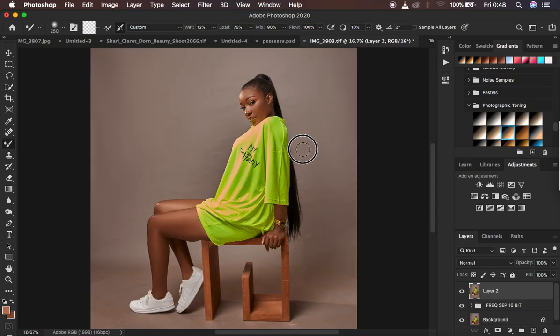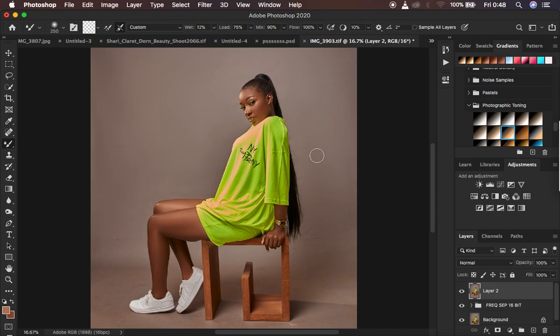So you have to keep a reasonable distance between your mixer brush tool and your model or your subject, because you don't want it to misbehave and spill color to other random areas in your photo or in your image. So just come and paint in through, and you can see how nicely done it is getting rid of those